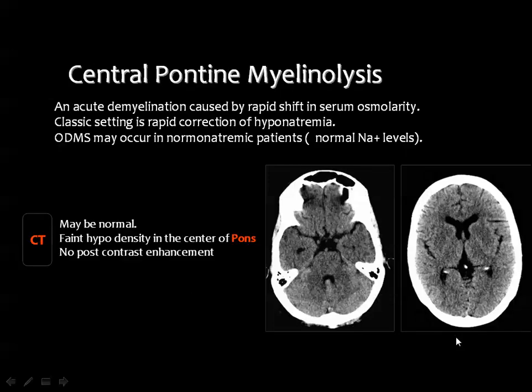And this particular lesion is the sequela of rapid correction of hyponatremia. The patient may become hyponatremic, usually post-operative or post-traumatic. Then the rapid correction of this hyponatremia will result in this particular syndrome, which is known as central pontine myelinolysis